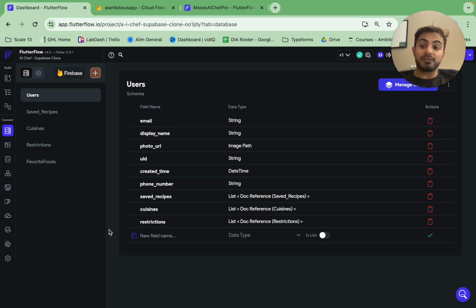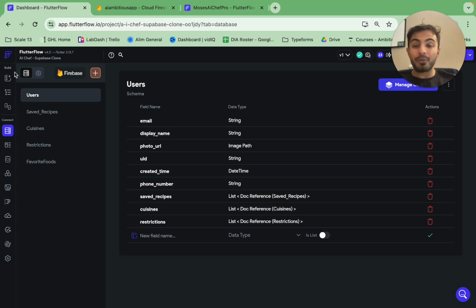So because Firebase is a Google product, Firestore is a Google product, and Flutter itself is a Google product, all three of them were designed to work very seamlessly together. So when you think about what's going on under the hood, Flutter and Flutterflow have a very tight integration under the hood of Flutterflow here. So when you're working with Firestore from Flutterflow, notice that you actually already have a dedicated tab called